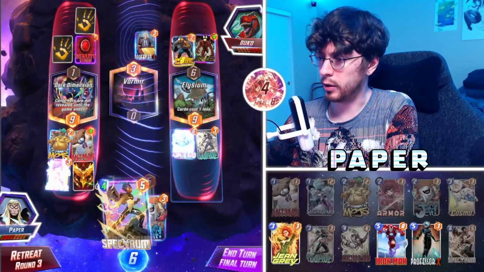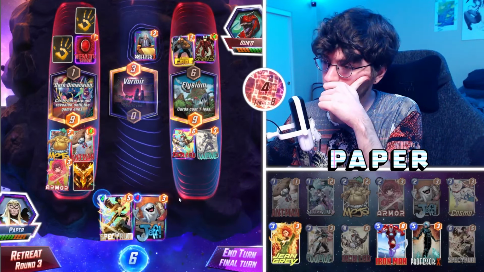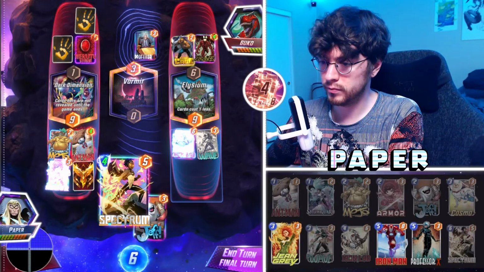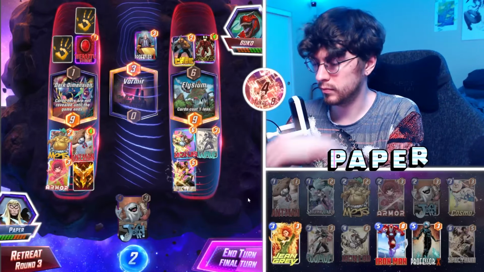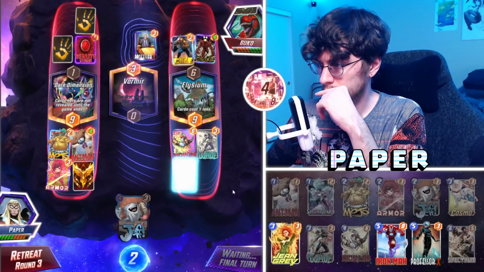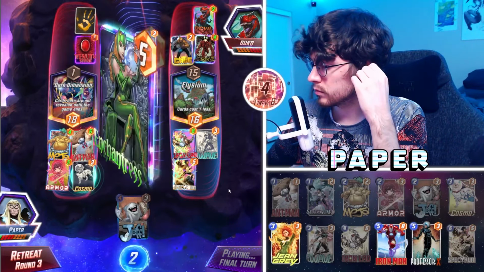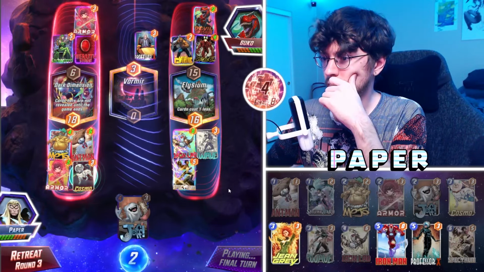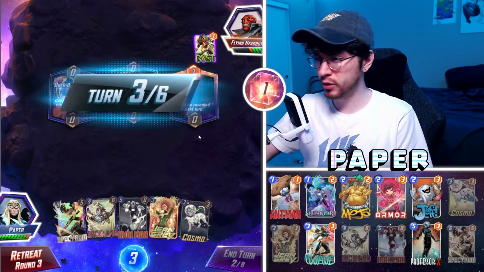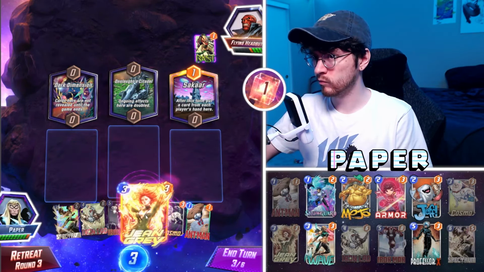Why are Mojo and Ant-Man not glowing? Why are they not glowing? I'm gonna take screenshots now, just in case this is a bug that needs fixed. If we lose because of that, it's gonna be annoying. Okay, so it did buff him. Nowhere? We don't have